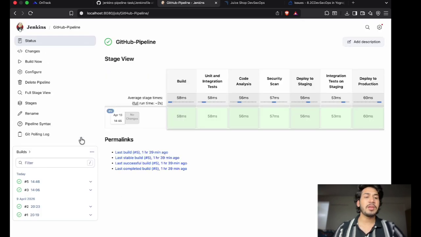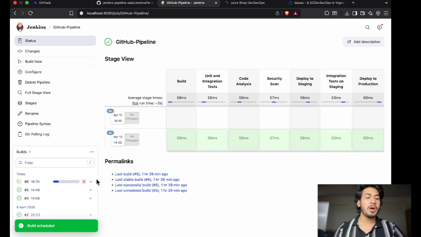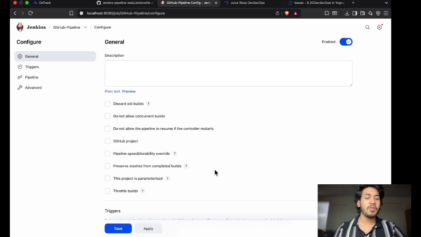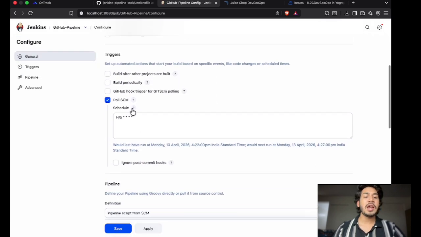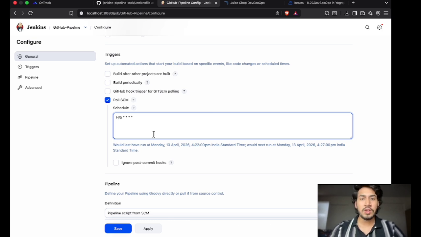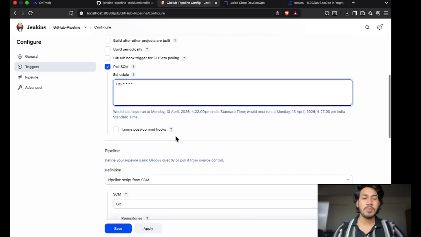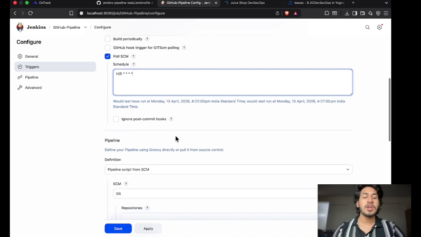So this is my pipeline. Let's run this and check whether it is running or not. When I click on Build Now, first I will show you how I have configured it. I configured it so that it will automatically regenerate. If any changes are committed on GitHub, it will check every 5 minutes and then make a new build, so that we do not have to click Build Now again and again. This will solve this problem.